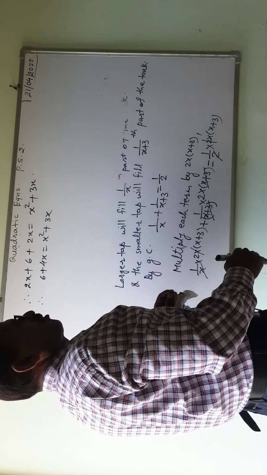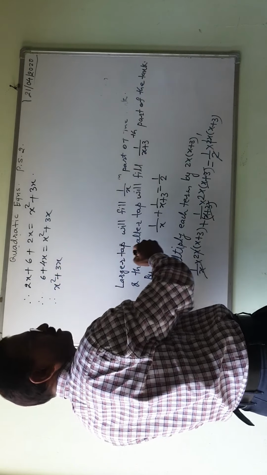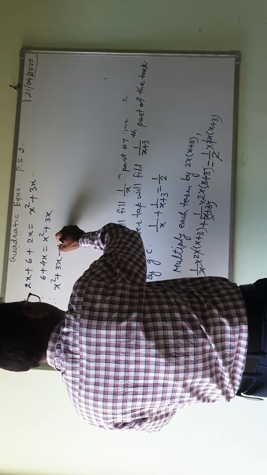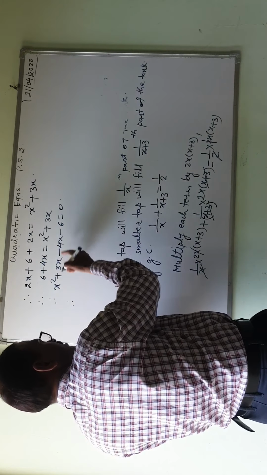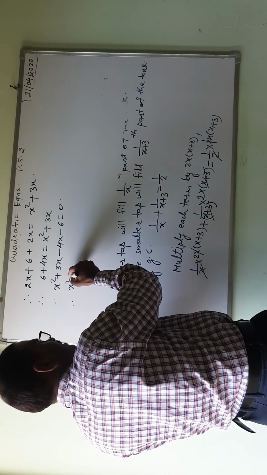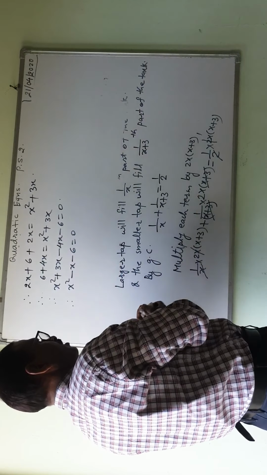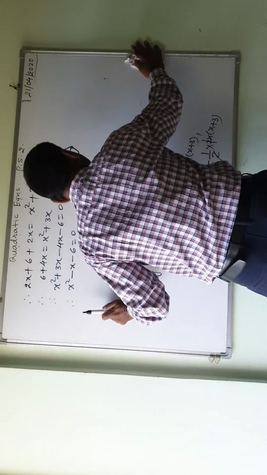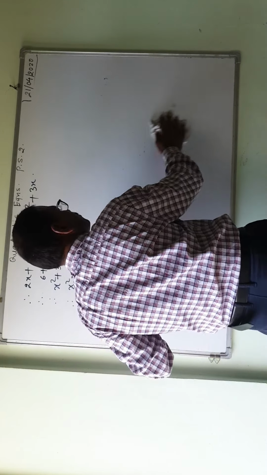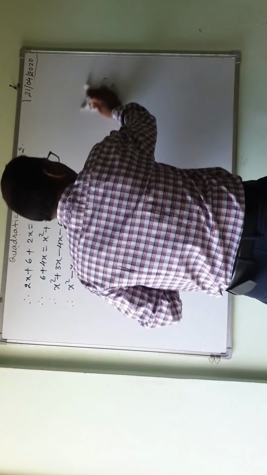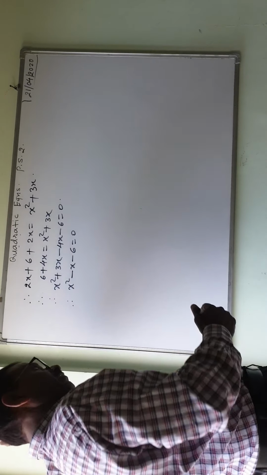Now shift this whole term over there. Therefore, x square plus 3x minus 4x minus 6 equal to 0. Therefore, the subtraction of this will be plus 3x and minus 4x will be minus 1x. So minus 6 equal to 0. Now we know how to solve this quadratic equation. By factorization method it is possible. If it is not possible by factorization method, then we will go by formula method or completing the square, but generally formula method would be better.